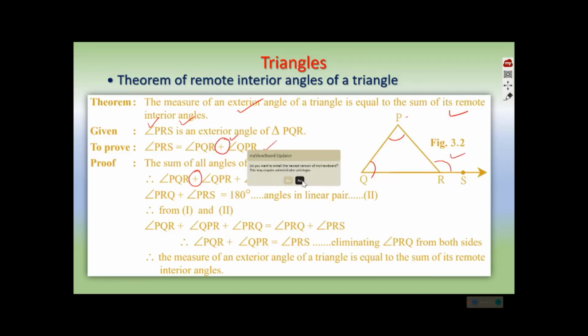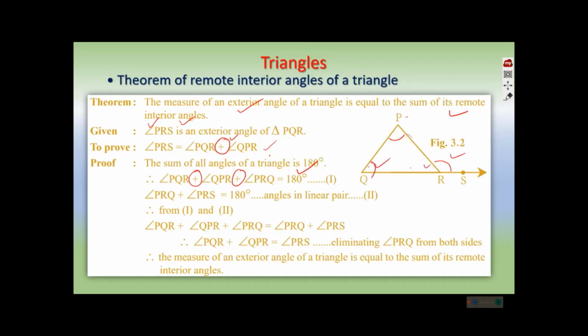Okay, so this is what you have to prove. ये आपको prove करना है. So how to prove it? Whenever we have to prove something, we need certain support of the theorems and proofs that we already have. We know that if you add the three angles of a triangle, here in this case PQR,